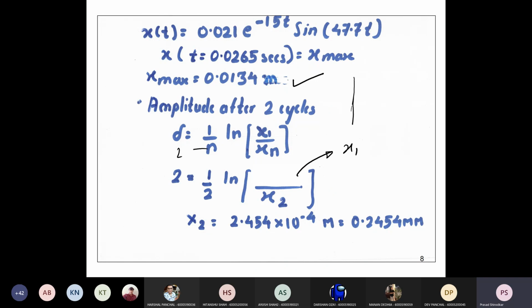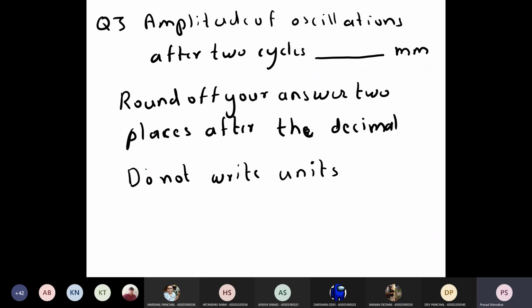Suppose this cycle is starting like this, the first displacement is the maximum displacement, correct? So this is X max, right? And that is also equal to X1, right? And this is your X2, right? So X1 will be nothing but X max, that is 0.0134. So substitute and you'll get X2 as equal to 2.454 into 10 raised to minus 4 meters. Okay. So using that, answer the third question